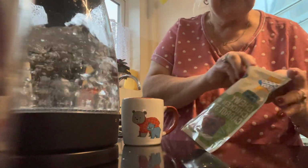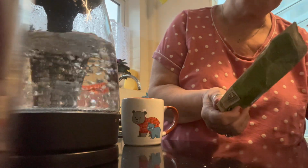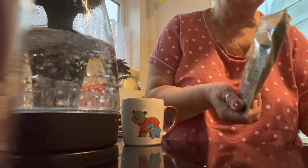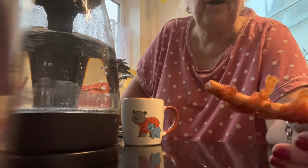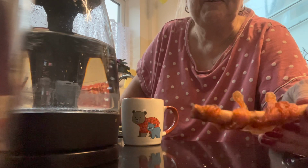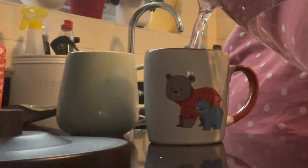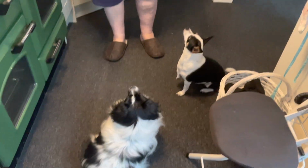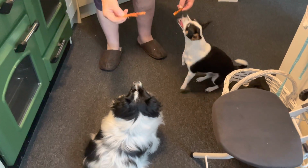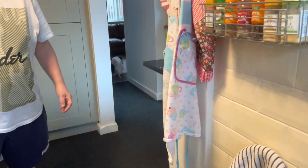Treat time. So they are having a chewy chicken with carrot sticks, and Teddy's down here and knows exactly what he's got. And what they do is they strip off the chicken and then they eat the carrot sticks. Teddy's going ballistic there, hurry up. I know he is. I'm going to show everyone what you're like, the energy you give, just because you want a snack. Good girl. Ready? Off they go to the lounge. Look at that little ass wobbling. To their dining room. Yeah, they go into their dining room,